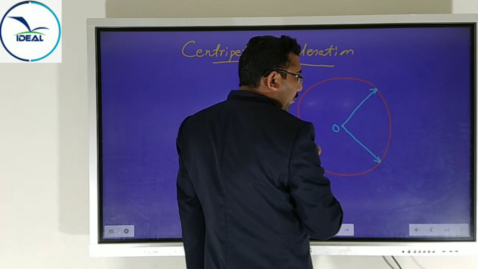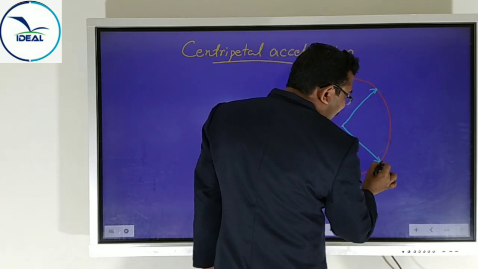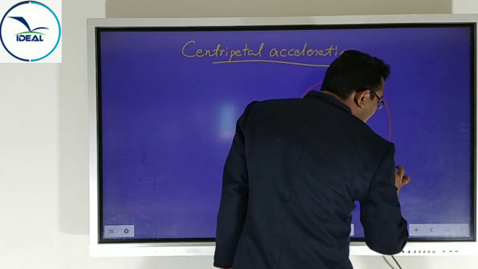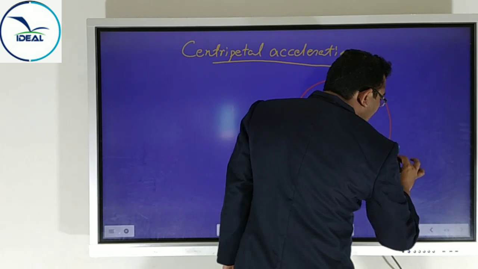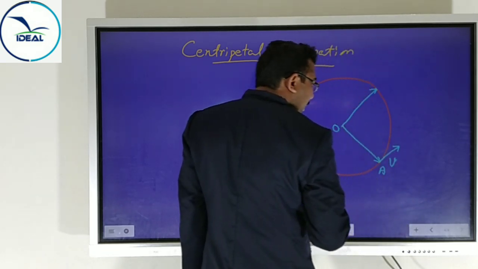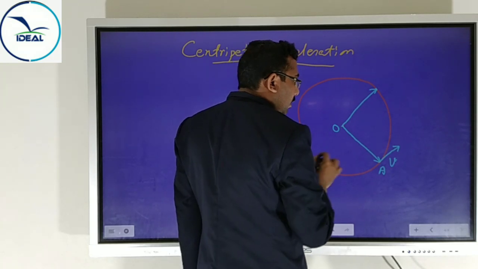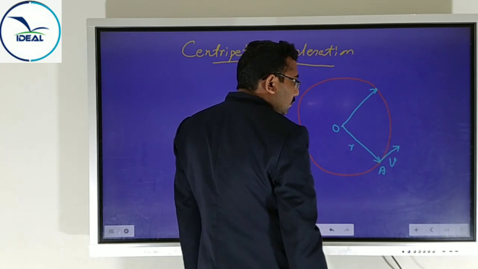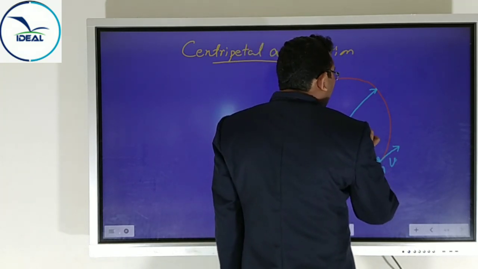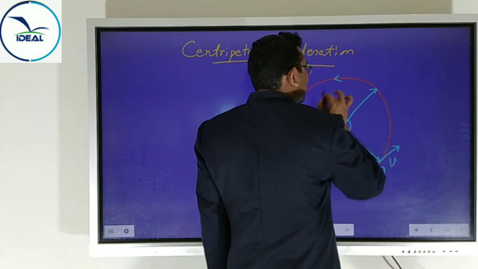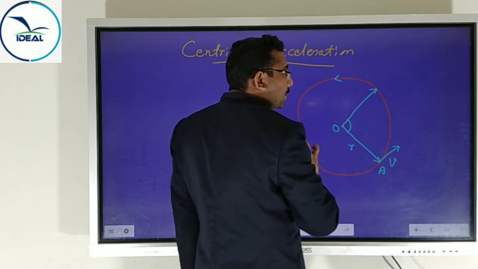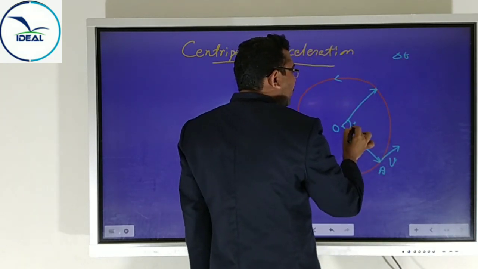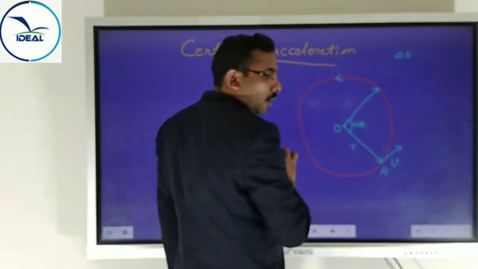This is the center, represent O, and the body is at A. At A, the velocity is tangential, represented V. It is a vector, and the radius is also a vector R. Now it moves in this direction, that is anti-clockwise direction. After a time delta t, it has swept an angle delta theta, angular displacement,